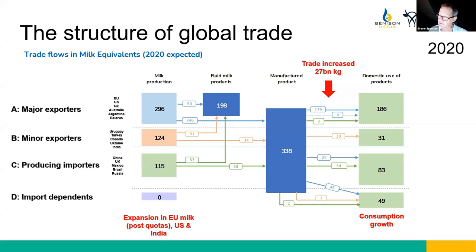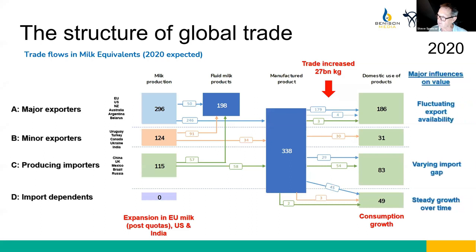As we look at the marketplace, we think that value is determined by a number of very important things. So right out on the right-hand side on that chart, values of commodities and the value of global milk tends to be most determined by the fluctuating availability of exports from the major producers. So the supply side of the dairy market is the biggest driver of value. And so they are the fluctuations in milk production and the availability of exports after taking their domestic use, including fluid milk, but also the domestic consumption of product.